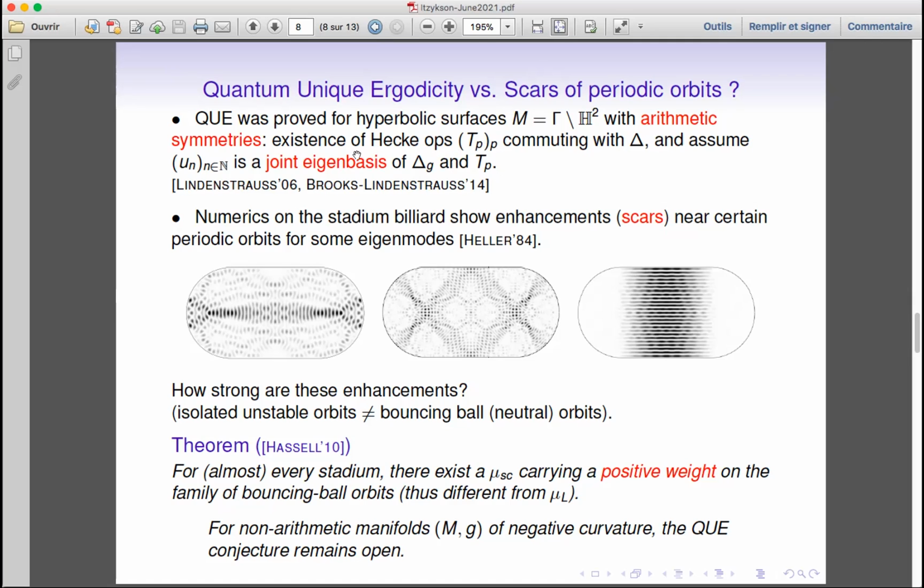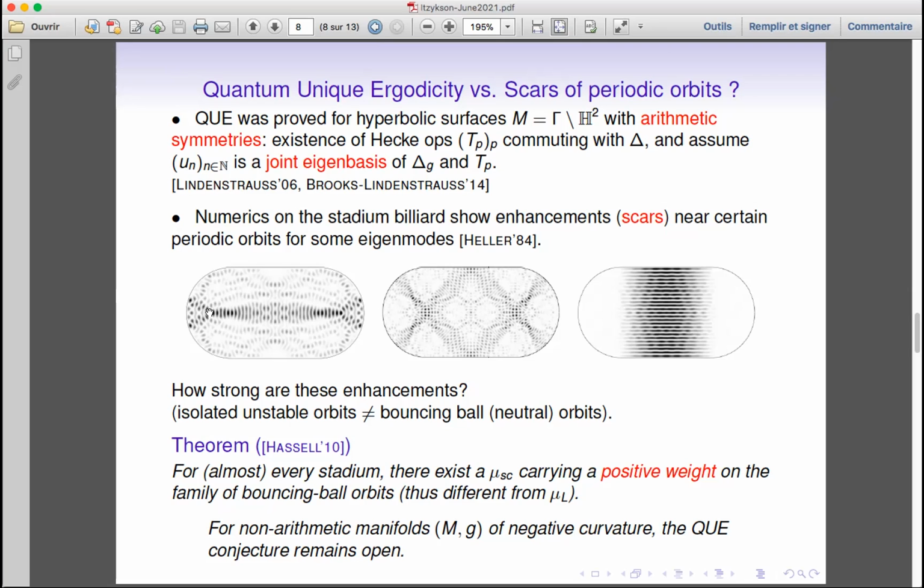So it considered joint eigenbases, and for a joint eigenbasis, he proved that there is only one possible limit measure, which is the Lebesgue measure. But he really needs this very specific symmetry. On the other hand, people already in the 80s had done numerics, like for the stadium